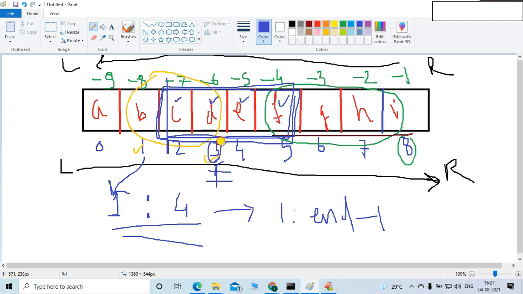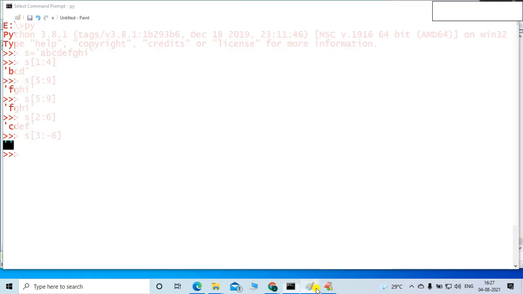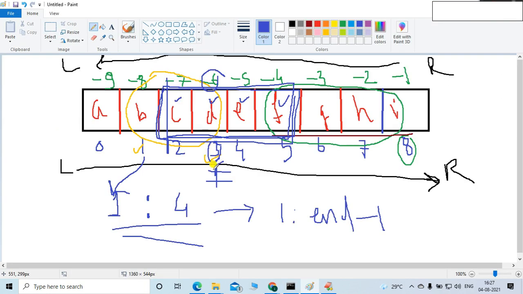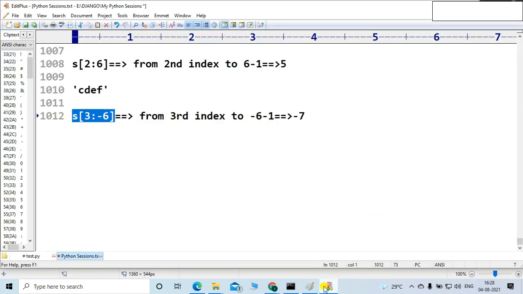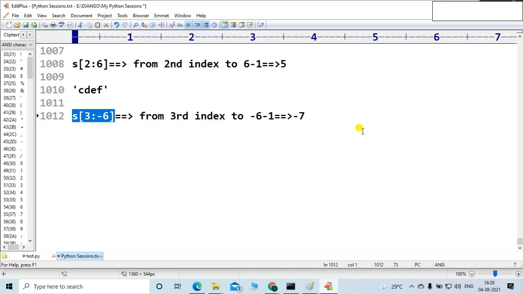Here is 3 and here is again minus 6, the same location. That's why there is no slicing, and the result is null.